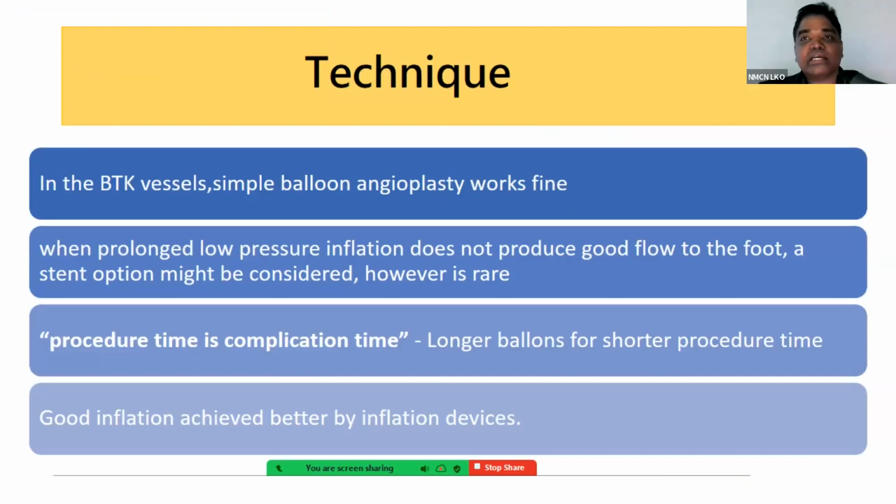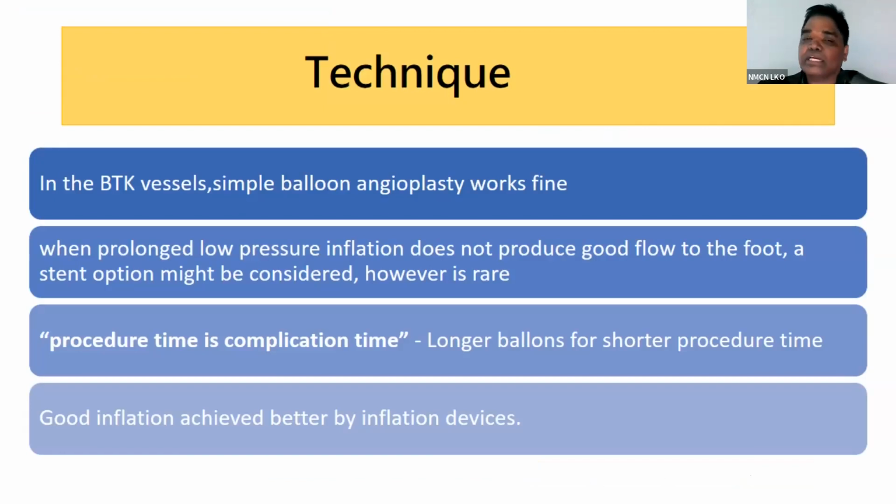So the technique is that in below-the-knee disease, simple balloon angioplasty is all that is done. We generally do low pressure, prolonged inflation of the balloon. And it generally gives a good result. And we don't generally need to place stents. Procedure time is a complication